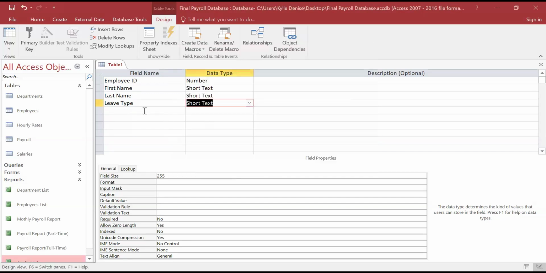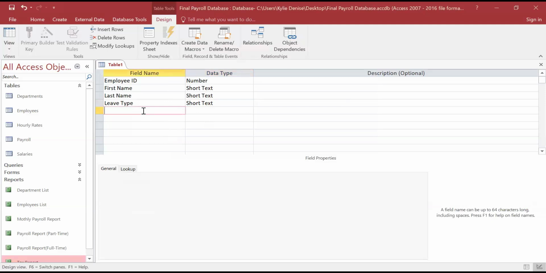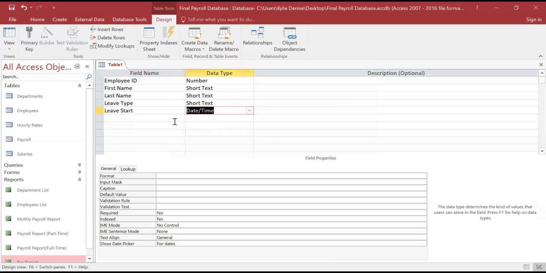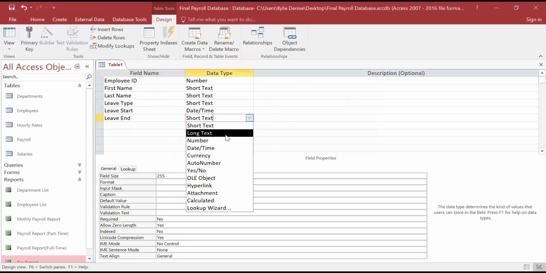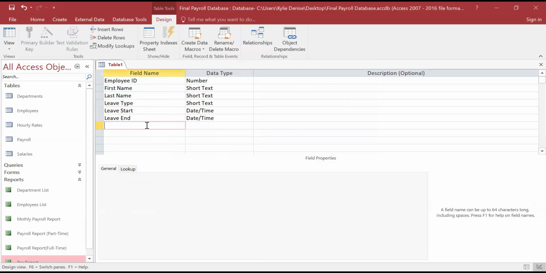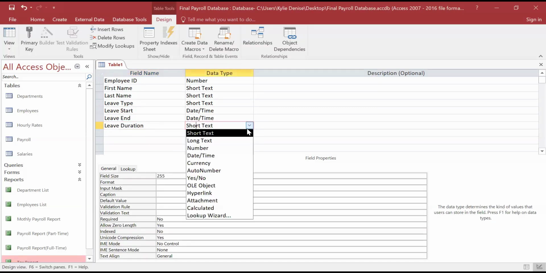Okay, leave type. Then leave balance. You put start date, end date. Leave start date. We'll put the date and time. Leave end date. Leave duration. Date and time. Then number. Leave duration. Okay, this will be numbered.